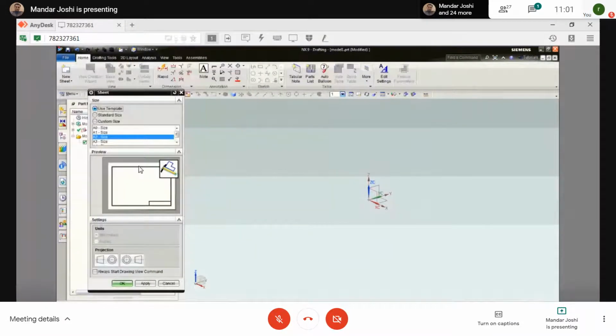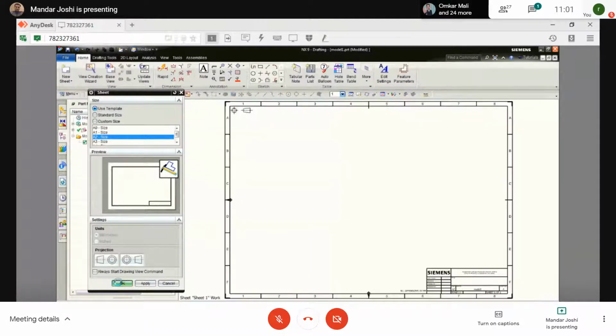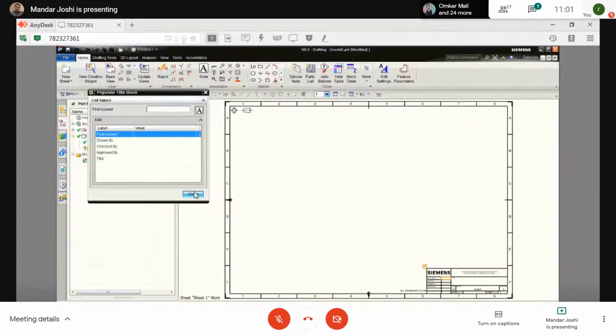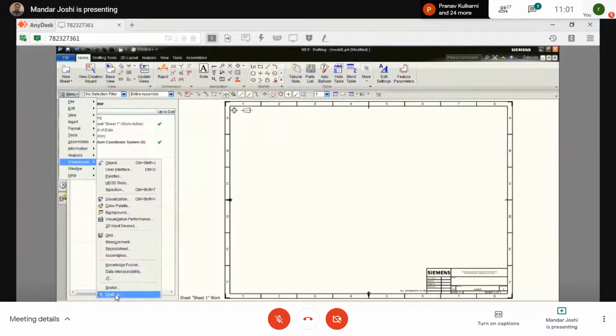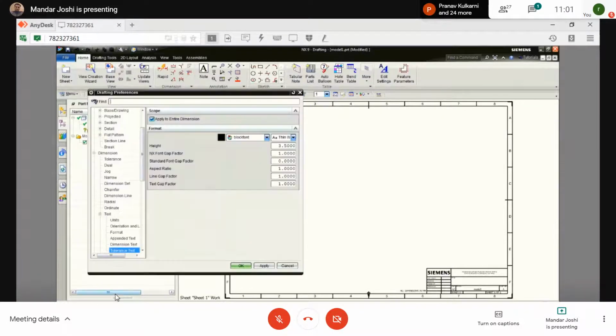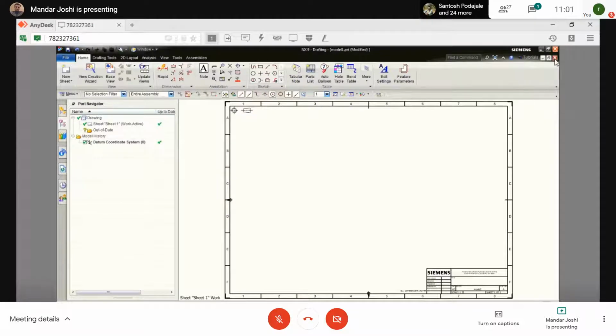But what is the drawback over here? You're never getting the standard template or the standard settings here. So again, you have to go to menu and preferences and do every setting, because it is not a one-time job here. To avoid that repetition, what I did is first create the settings and do a save as file, and every time I take the reference of that settings file, and from that settings file only we have to start the model.